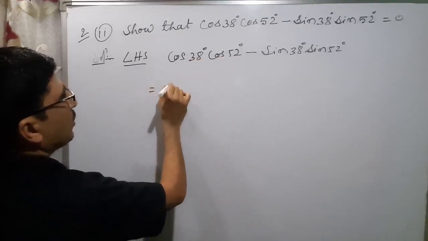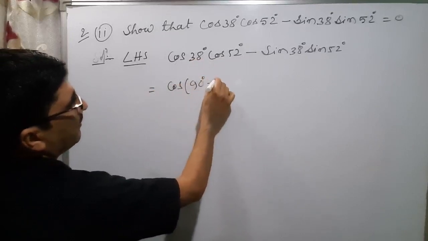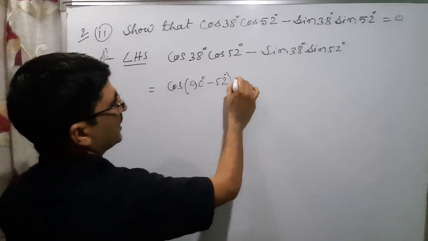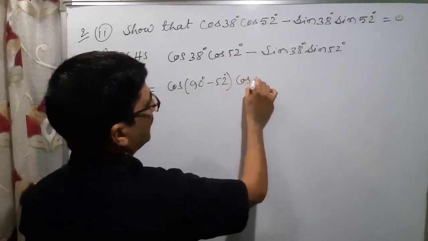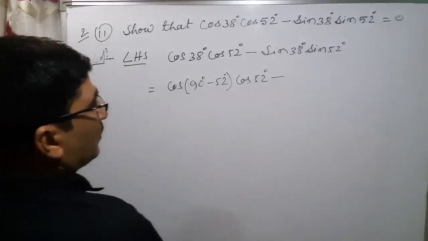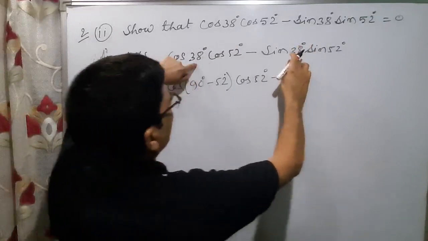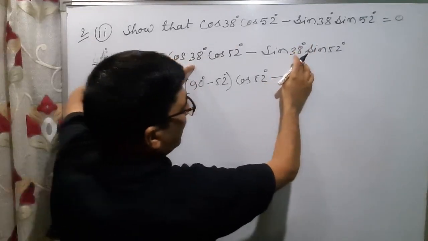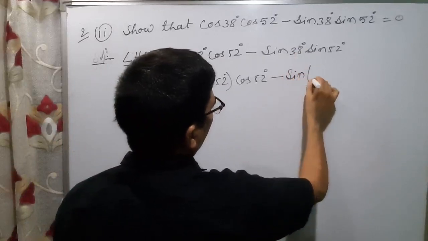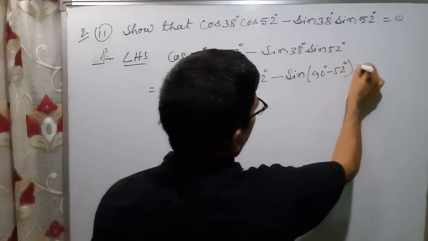So here cos 90 minus how much is 38? 90 minus 52 is 38. So cos of 90 minus 52. I will not change this, this is cos 52 degree. Now minus. Now either of these two you change one. We have changed here 38, so here also 38. We should get the same values. That's why here sin 38, how can I write? 90 degree minus 52 degree. This is sin 52 degree.